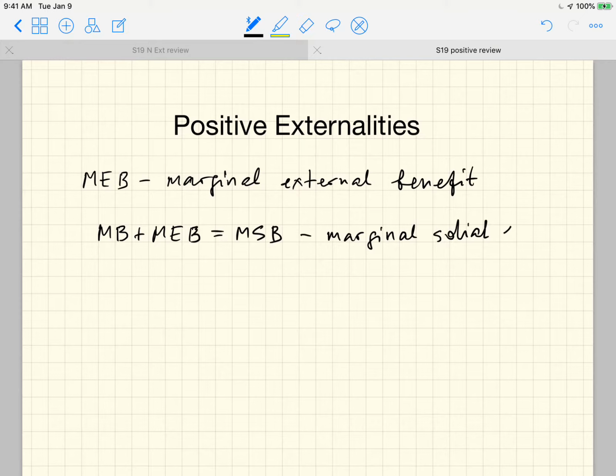So this thing is a true assessment of the benefit to society resulting from production or consumption of this good. We discussed examples, things like research, education, bees that might pollinate flowers and orchards. All right, so now let's look at some diagrams here,